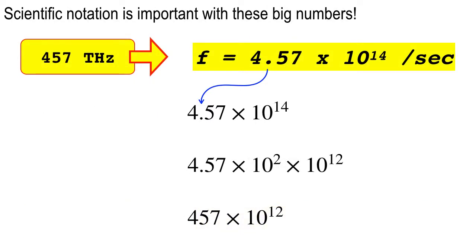Well, let's take a look at it. You take the 457 and the 10 to the 14, okay, that's down here, and then you say to yourself, all right, that 10 to the 14 is the same as 10 to the second times 10 to the 12th. All right, now that 10 to the 12th is terahertz territory. So that's good. But then I have to multiply 10 to the second by 4.57, and that's this. And so that becomes 457. And then this one over here becomes terahertz. Okay, that's how you do it.